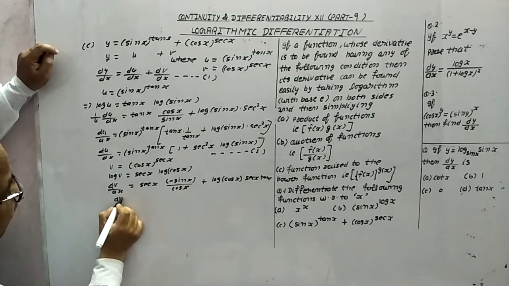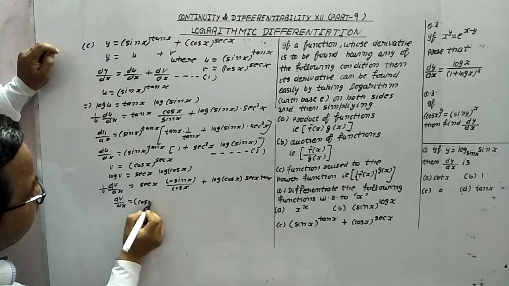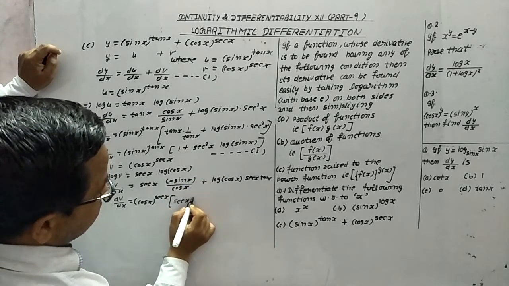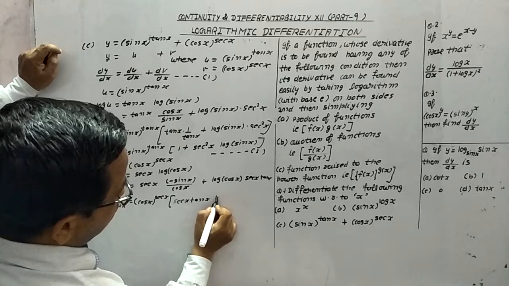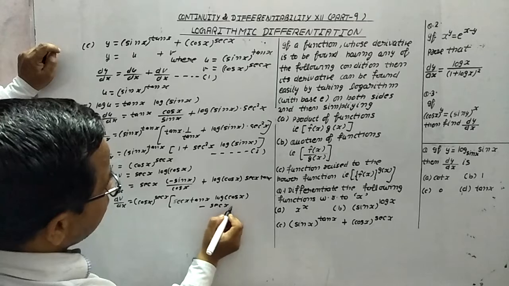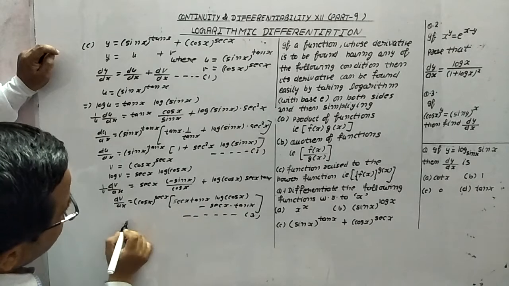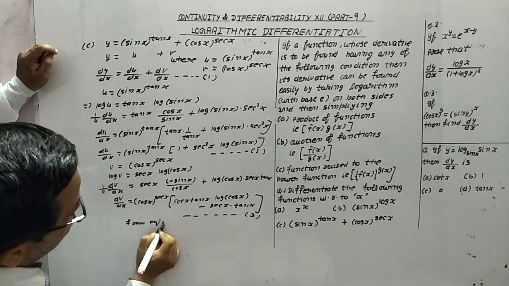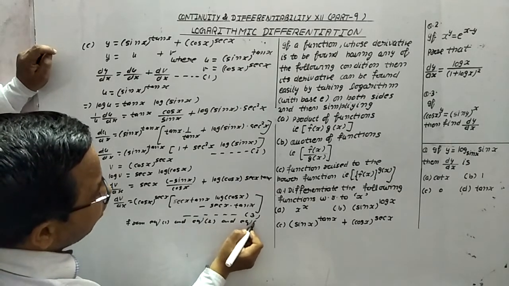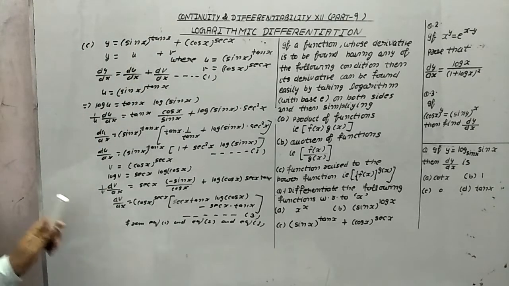Now it means dv by dx, this is 1 upon v also, dv by dx. Substitute the value of v, cos x and sec x. I am writing this term first. It means sec x tan x and log cos x, and this becomes minus, this becomes sec x into tan x. So this is the third part, equation number third. Now you can write from equation 1, 2 and 3, you will get the answer. From equation 1, equation 2 and equation 3, only you have to put the values here, you will get the answer. So this is the way to do this lengthy question.